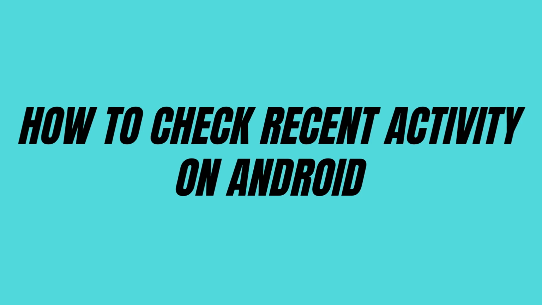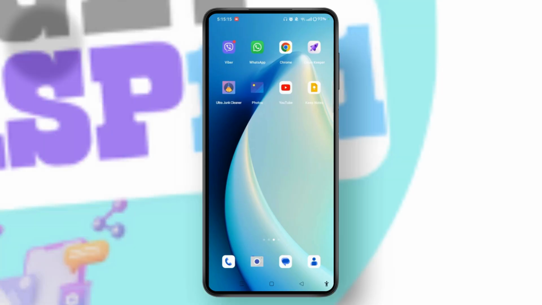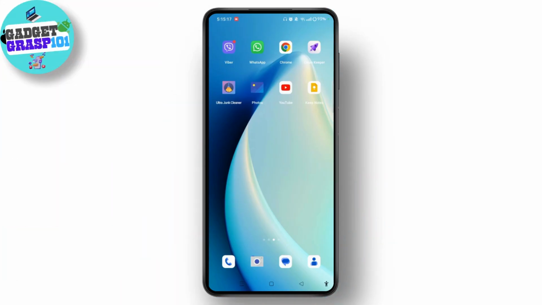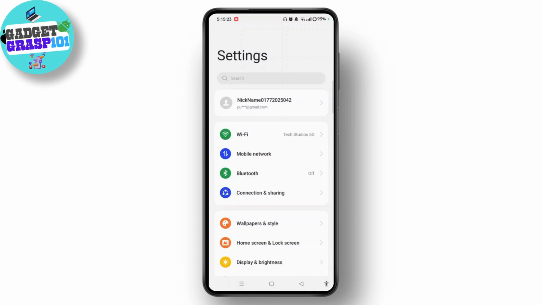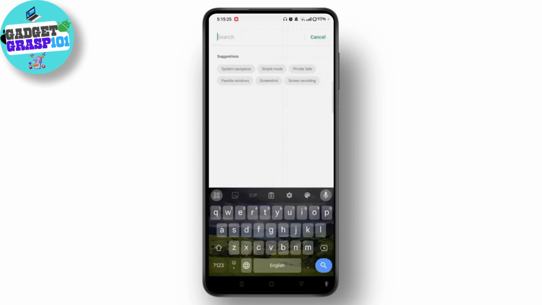How to check recent activity on Android. Checking recent activity on Android is quite easy and simple. Open settings on your Android device. Tap on search bar at top of the screen. Type in data. Wait for a while